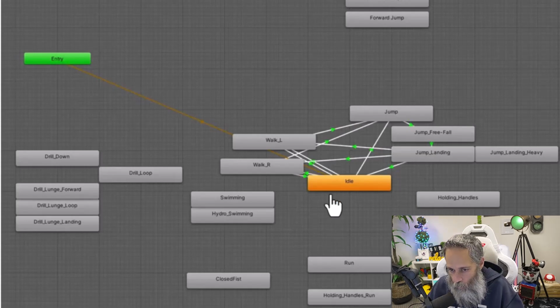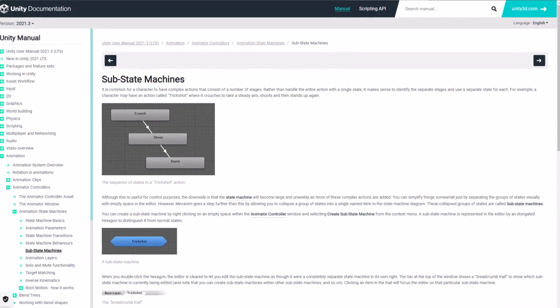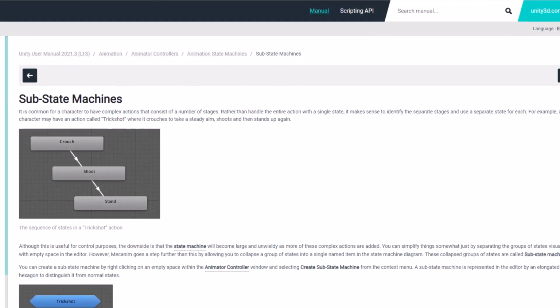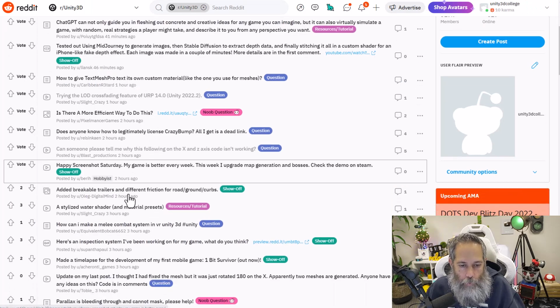So there are definitely more efficient ways to do this. The first thing you should look at are blend trees though, and state machines or sub-state machines. Let's go down to something a little bit more complicated. How about